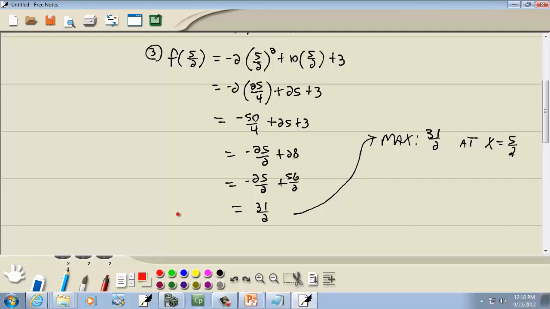Now, on the test, I'll put in nasty ones like this, come up with fractions and so forth. It doesn't bother me at all, because we have a nice graphing calculator that'll handle the fraction perfectly. So if I come back to here,